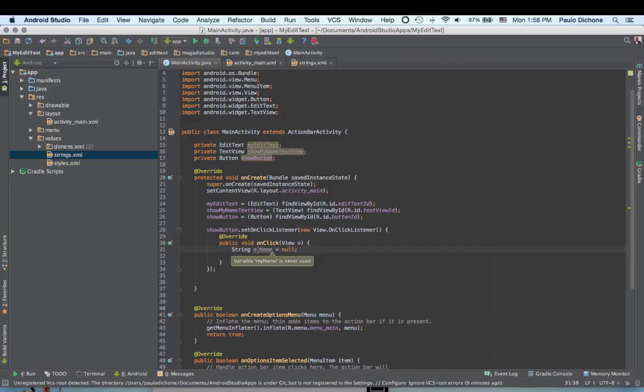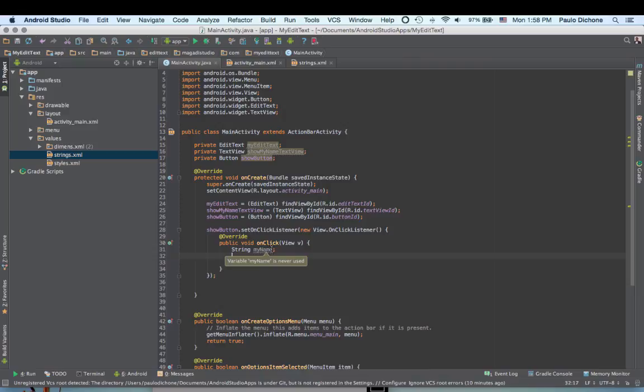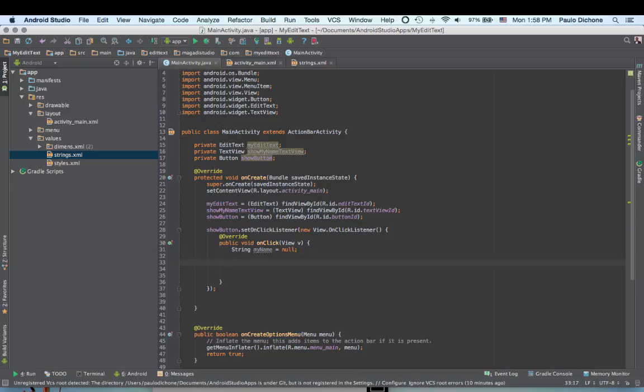So we start instantiating a variable of type string that will hold our edit text, our value that they have entered. You could put just null, or you can just say that. It's fine, okay? But for now, let's just put a null. Alright, so what are we going to do now? Let's go ahead and get our edit text. So the first thing we do, we say myEditText